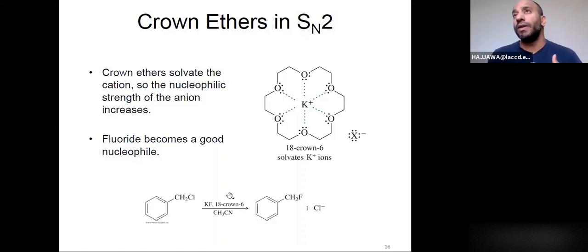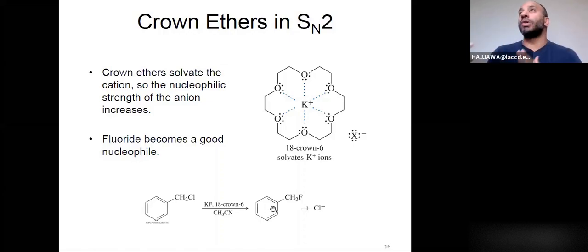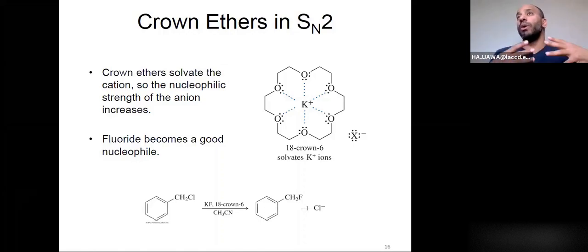polar aprotic solvent, the reaction gives very low yield. So what's been observed is that when they use polar aprotic solvent and crown ethers, they trap the potassium, freeing up the F minus to attack the alkyl halide. And that generated moderate to good yield in those reactions. When we use